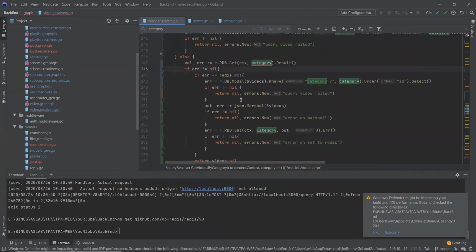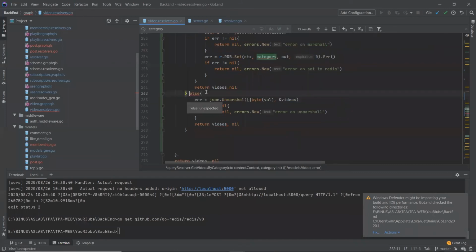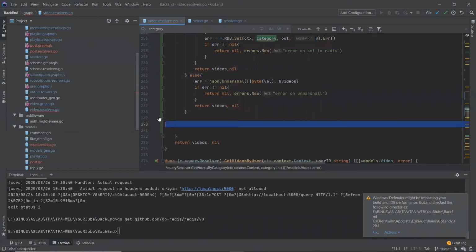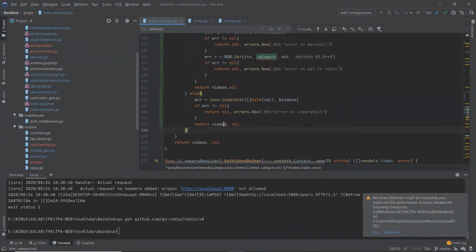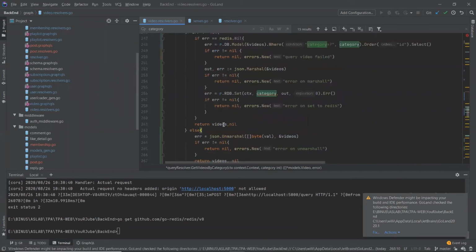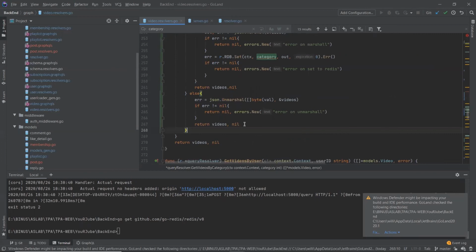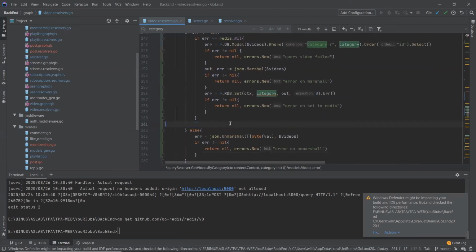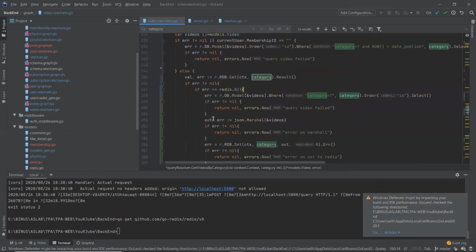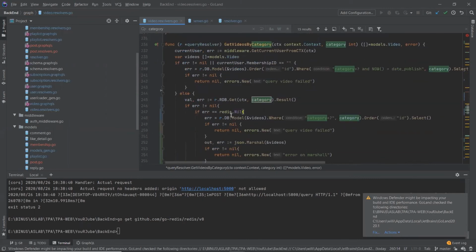Then, sorry, in Golang there's an error because of the placement of else. And just like this. Okay. And then, oh, we don't need to return videos like here. Okay, finish.